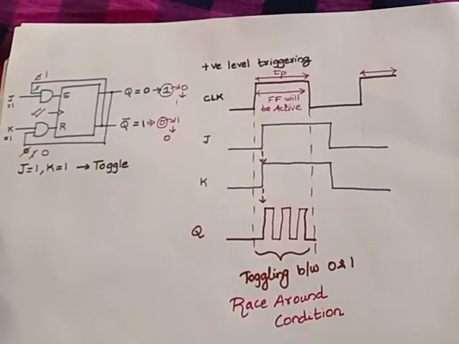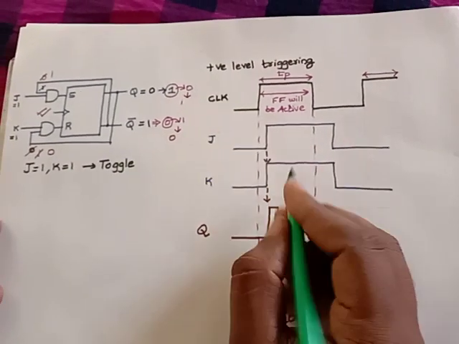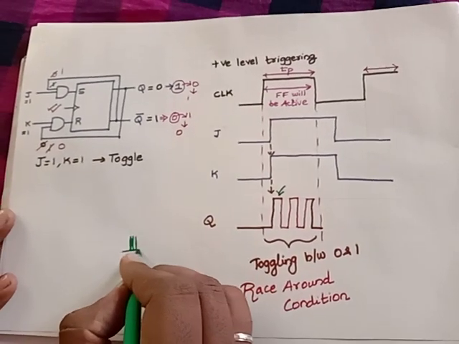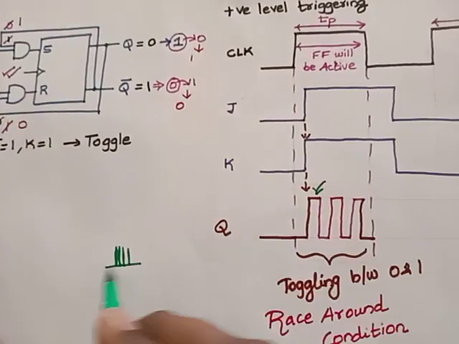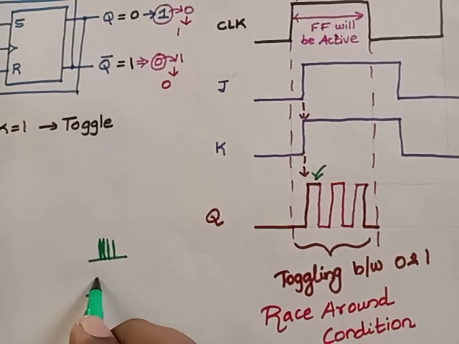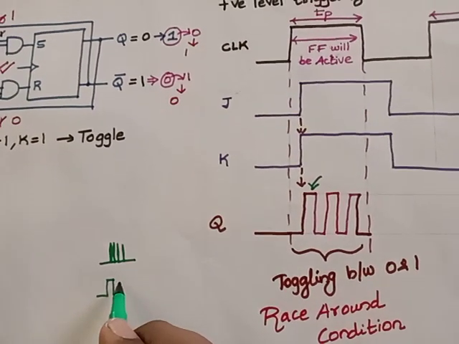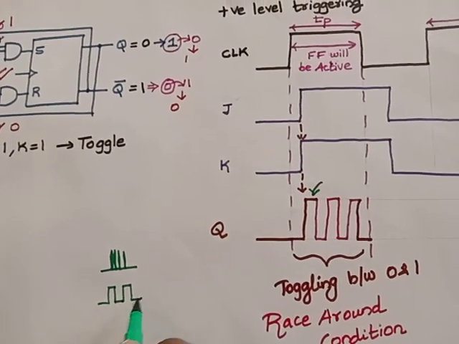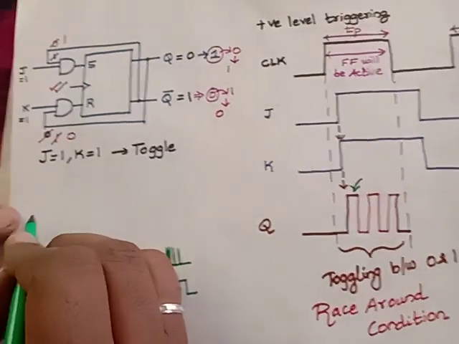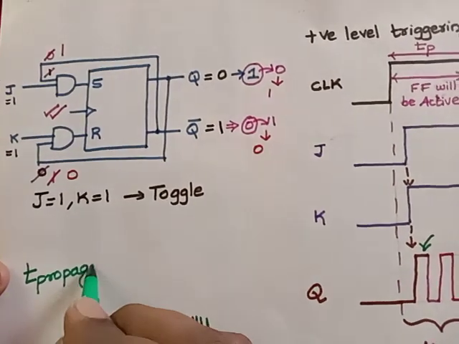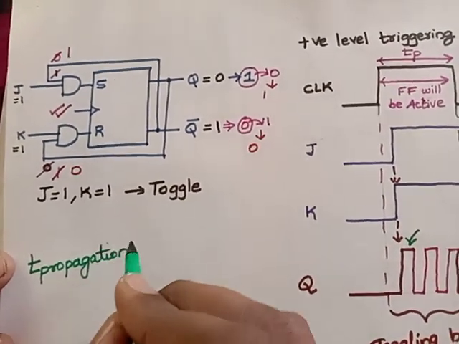Now you might have a question, why is it taking some time? Why can't it be like this? Correct? Because instead of being like this, it is taking some time in your 1 value, and again it is taking some time in the 0 value. So what is the reason for this? That is nothing but, as I have already taught you, the propagation delay. We have already discussed it in our class.